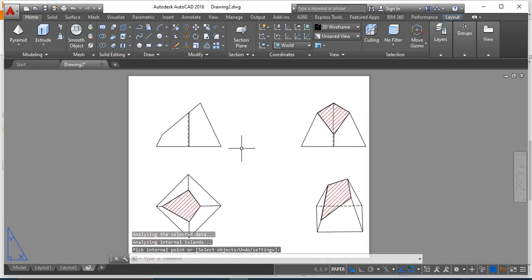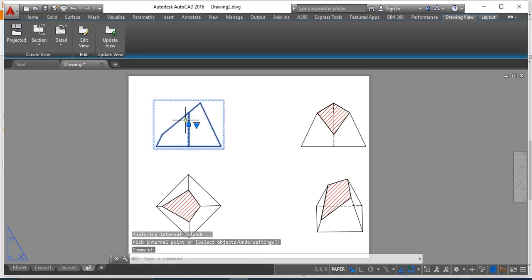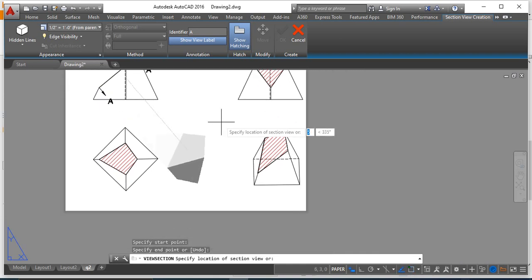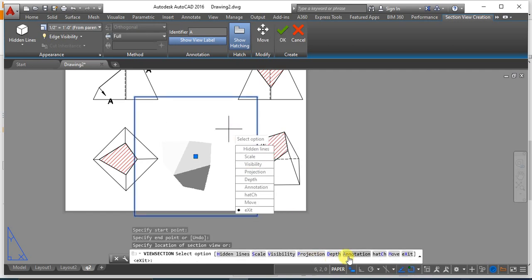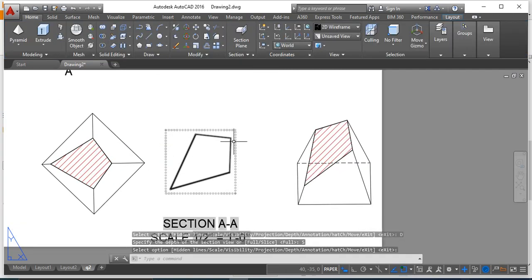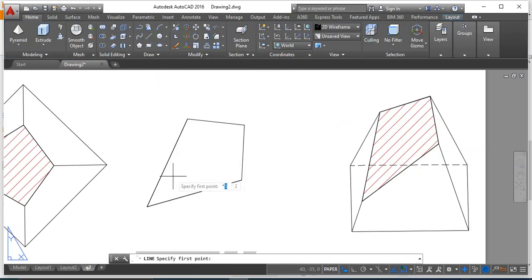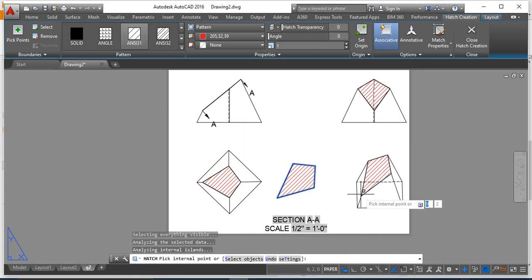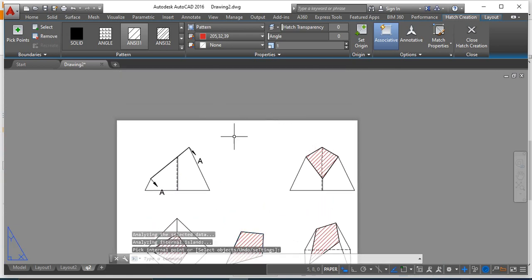Okay. After this, in order to project the true shape of your figure, what you have to do is just click on the front view, then go to section, then click on full section, select this corner and that section top corner, automatically it will generate this. Okay, so select this, click on depth followed by slicing option, give an enter, it will automatically create a section. Okay, then repeat the same process. Even this is also a non-closed section, so you have to create a closed region for this in order to create your hatching. So click on hatch command, so automatically it would generate. Okay, so it's done.